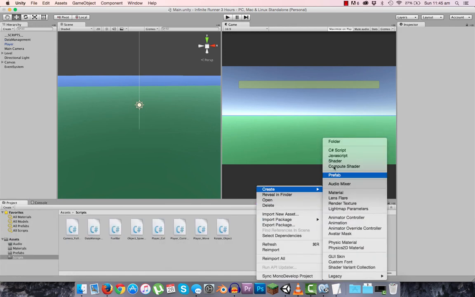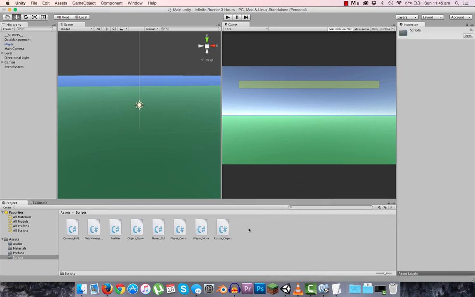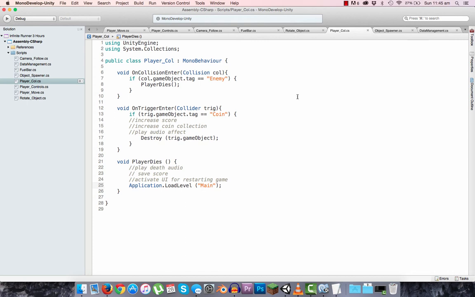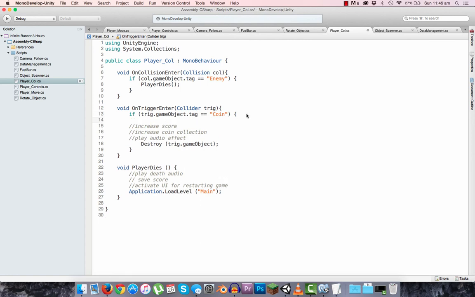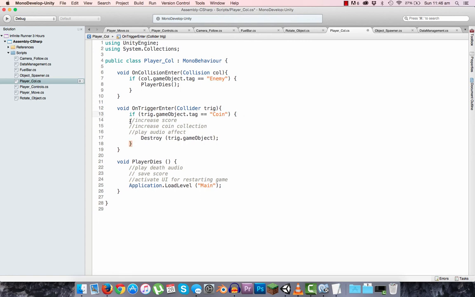So let's create, well, let's just do something really simple. Let's go to, just to test out if the data management script is working fine. So in here we want to increase the score. Okay, so this is inside our player collision script. So what I can do is just, instead of saying increase score here,